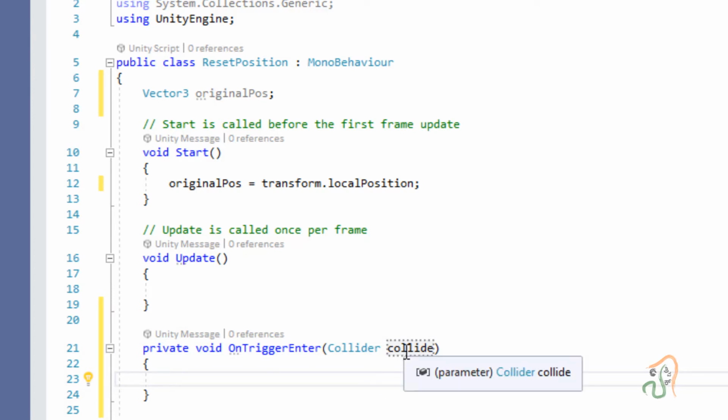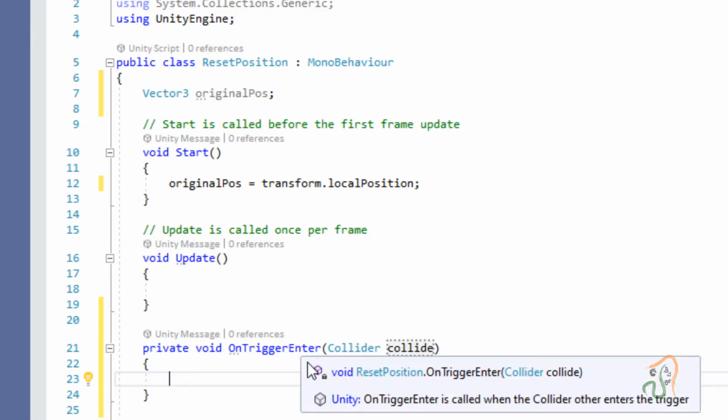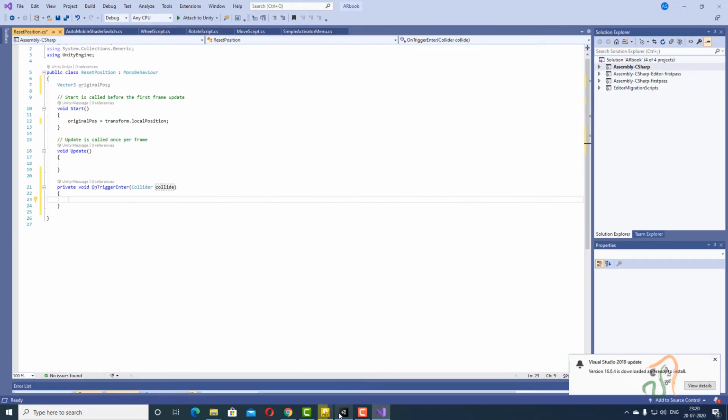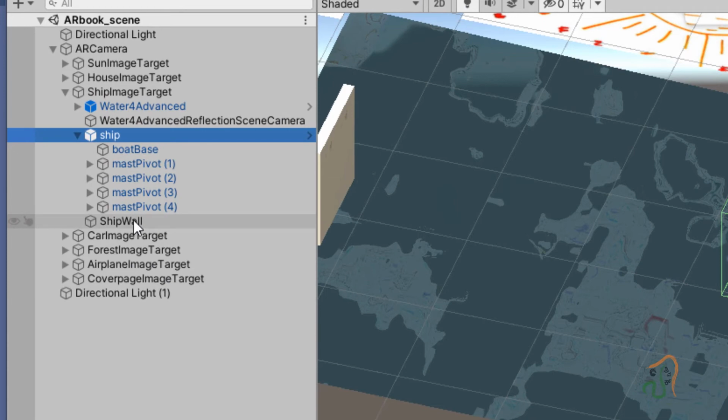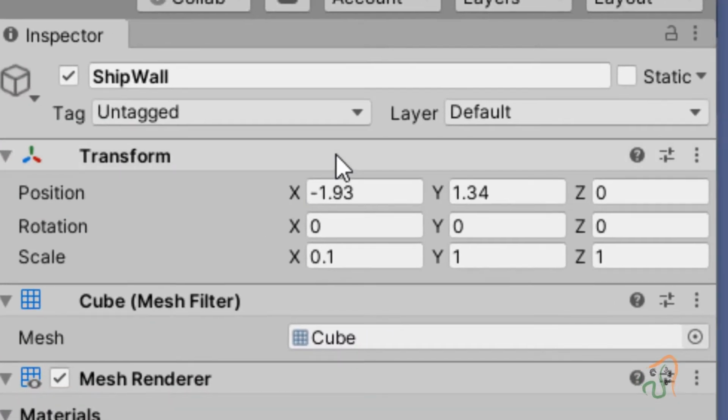This collide is actually a parameter which we are going to call later, and in between this line, we are going to check whether the collider has a tag called ShipHit. If you come back to Unity, for this ship wall, we have added the tag.